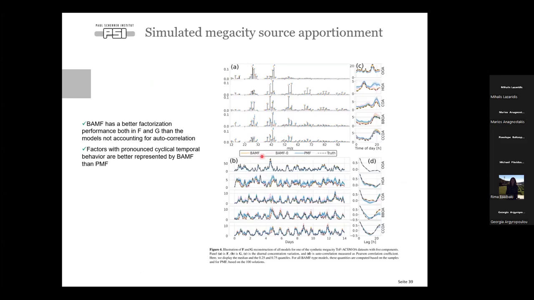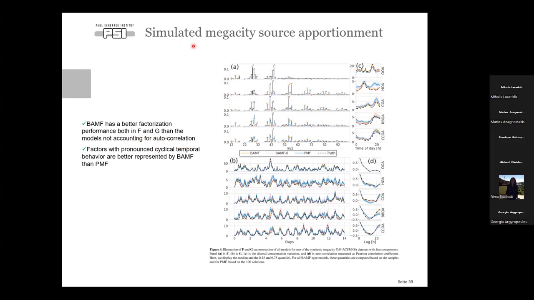Here you see BAMF. The pink line is BAMF 0, which is the same solver as BAMF, but without taking autocorrelation into account. The other one is PMF, and the dashed black line is the truth, because we had a synthetic data set, so we knew the truth. BAMF had better factorization performance in F and G than models that did not account for autocorrelation.